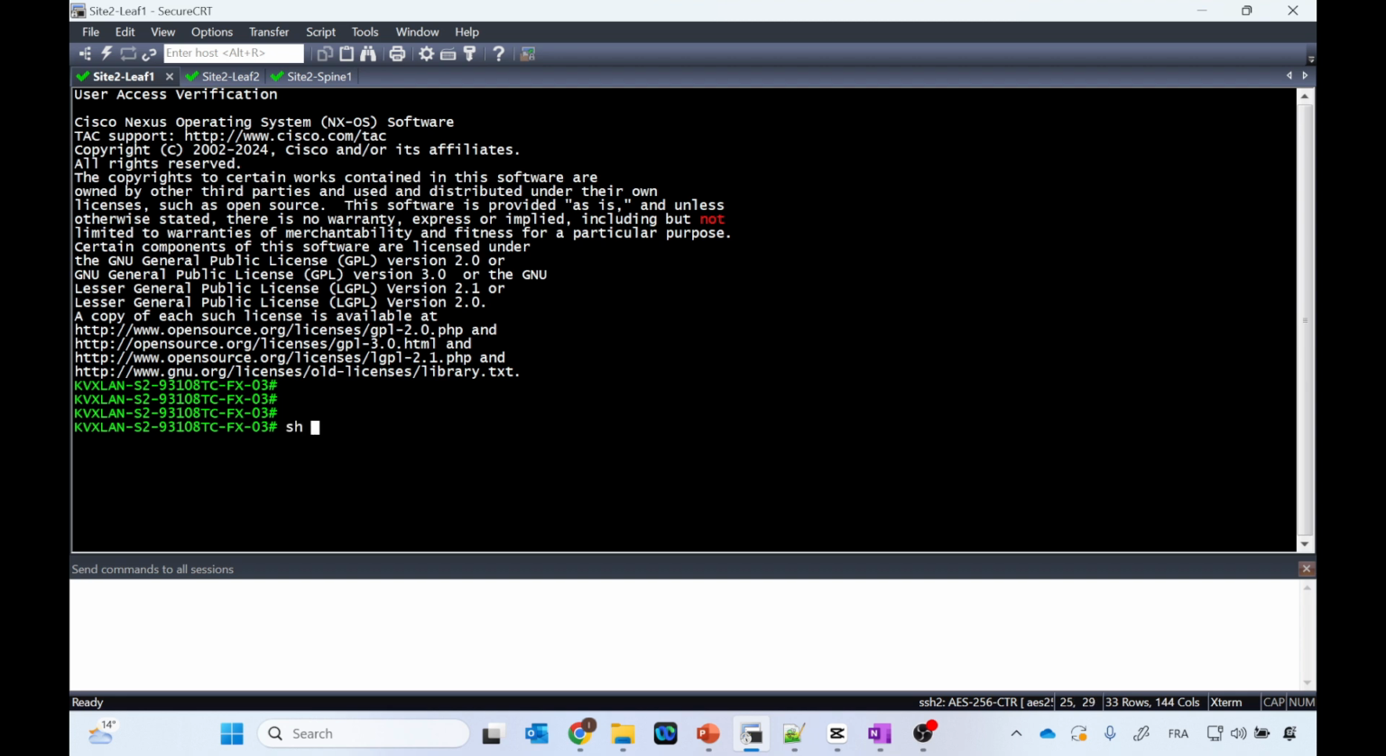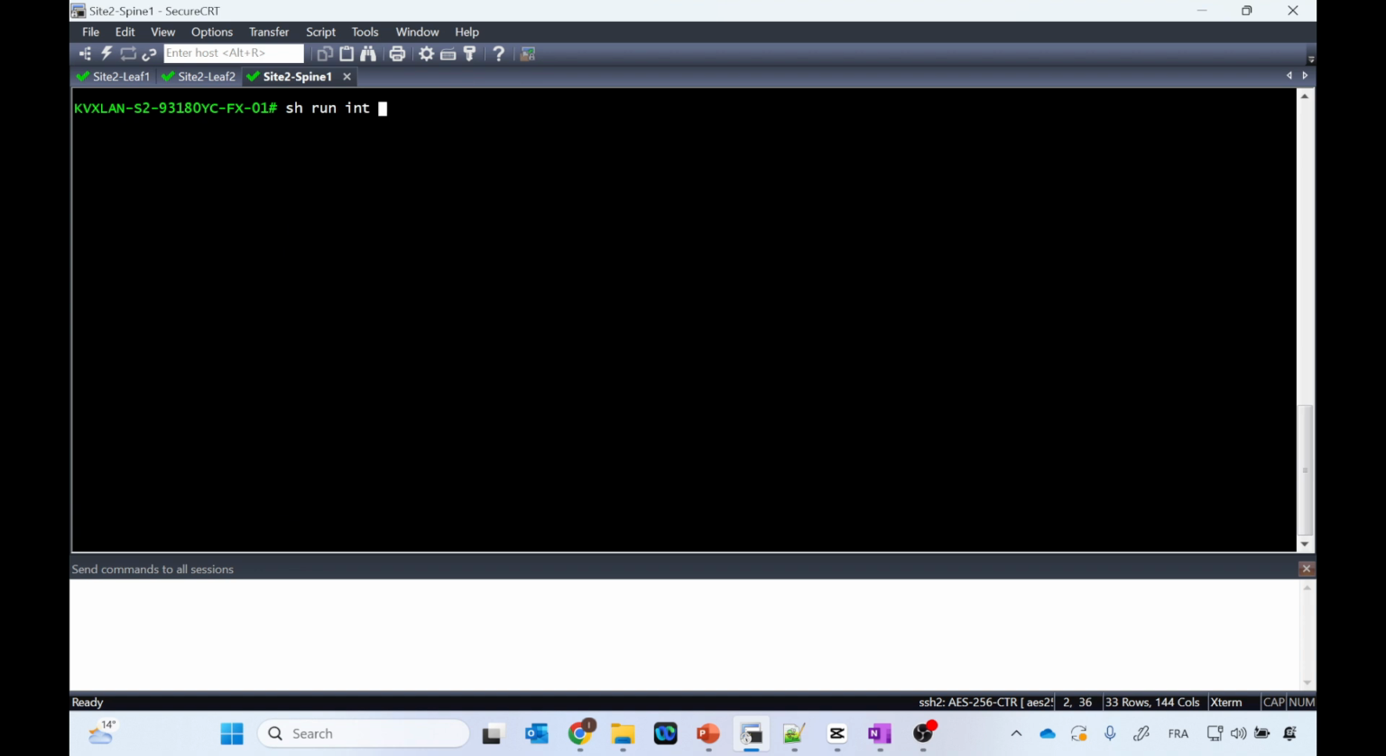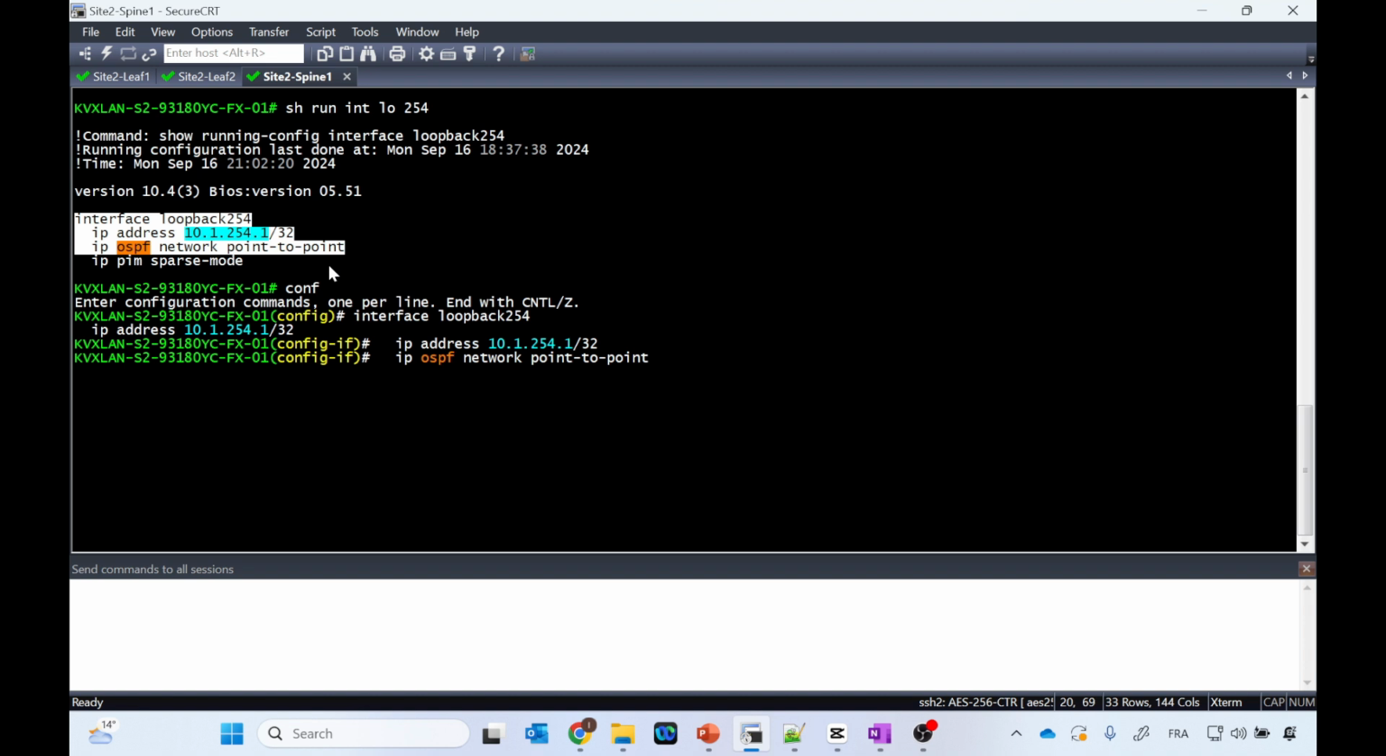So the first one is, I was doing show ip ospf route, and I noticed that I am not learning the IP address of the rendezvous point. And the reason why is, on the spine, I do not have the proper configuration for the loopback 254, sorry. So here it should not be ip ospf network point-to-point. I mean, it doesn't hurt anything and it's not even useful since I have a /32, but the command that should be here is ip router ospf underlay